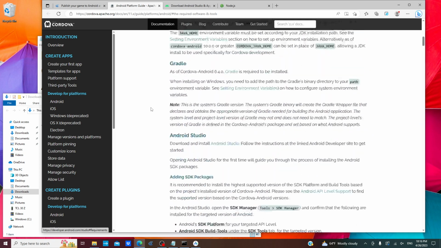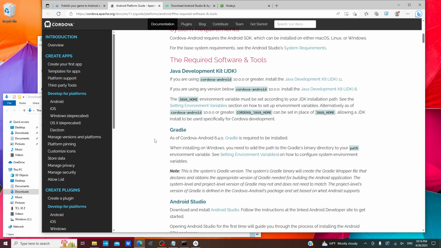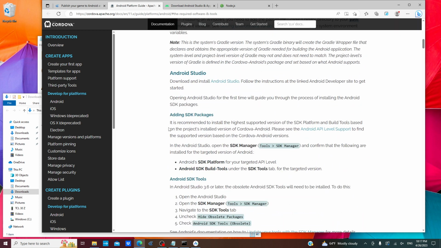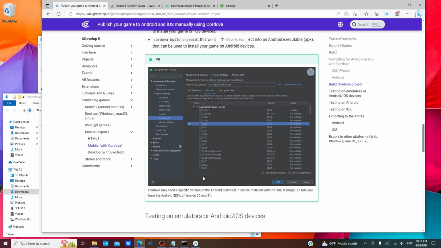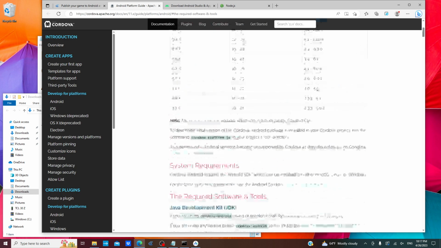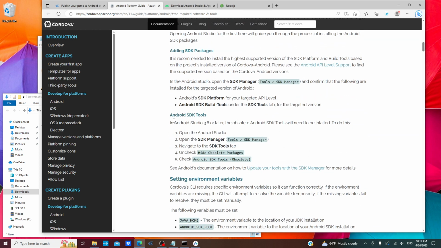So since we're doing API level 32, which is Android 12L, then we need to also install those platform and build tools. So besides the 30 and 31 that GDevelop wants, we're also going to do 32, which Cordova says, okay? And Cordova also wants us to go into the Android SDK tools and open the,